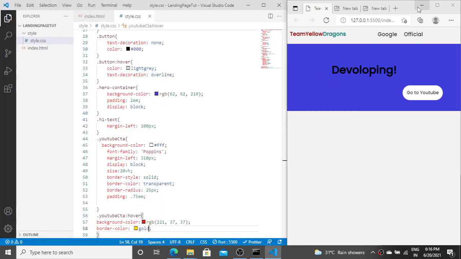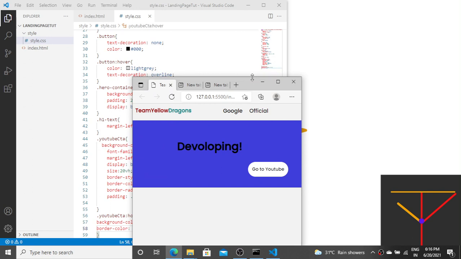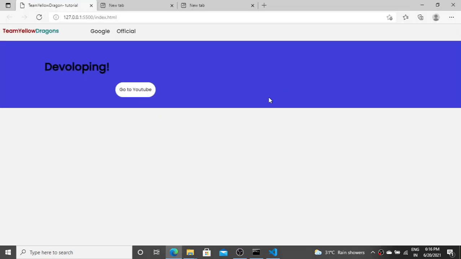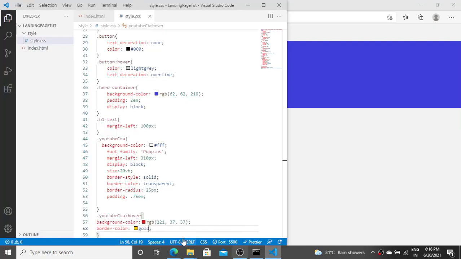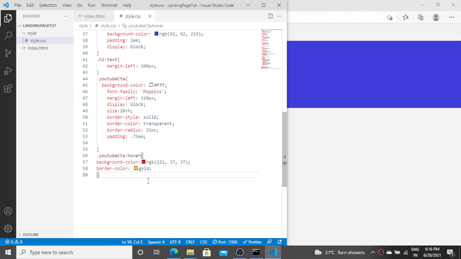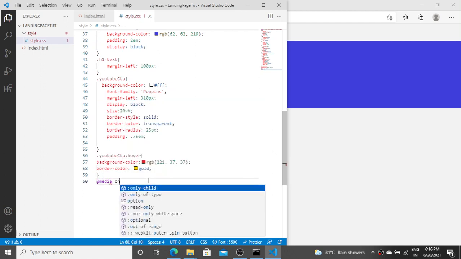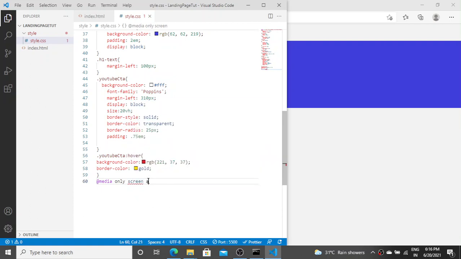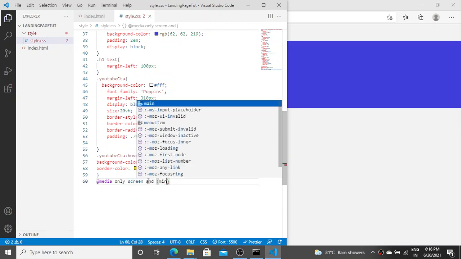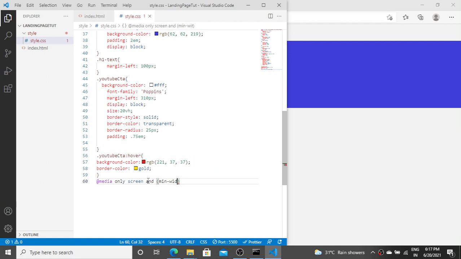So I'm just going to unset this and make it full screen. Now we are going to make this come over here. So now let's do that. Let's type @media only screen and (min-width: 768px). Now we go, and just to make sure it's working,